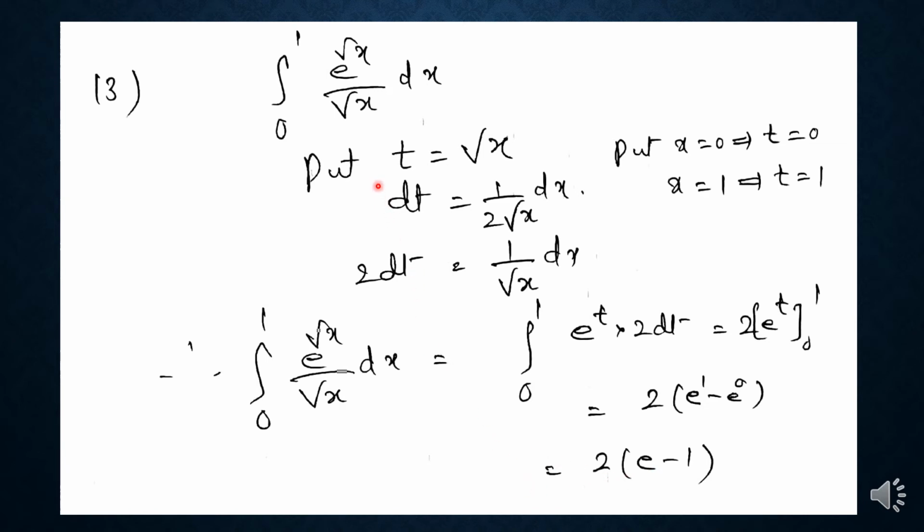Here we substituted t is equal to root x while converting x into the t variable, dt, and then simultaneously we should change the limits also. So 0 and 1 are the limits given to the variable x. So we are substituting another variable t is equal to root x. Automatically these values will be changed. So we should find the new limits for the new variable and substitute these new values.